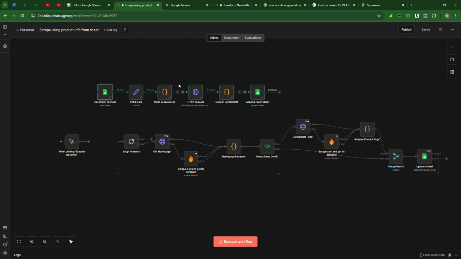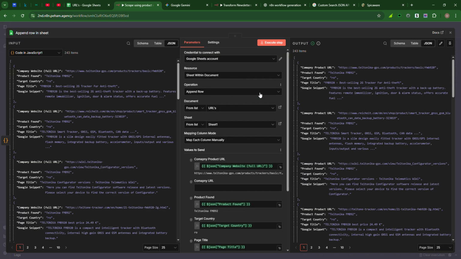It has these HTTP nodes scraped from the web, and after fetching this, what I'm getting is around 243 items, which means 243 different leads, which mention this product specifically, FMB 920, and